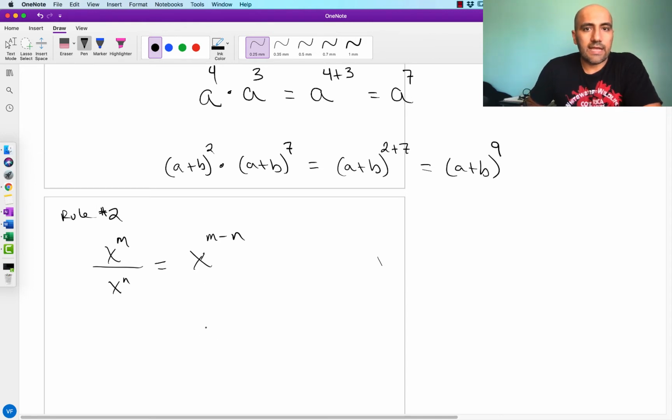All right, let's look at an example to see how this is true. So for example, if we had 3 to the power of 5 divided by 3 to the power of 3,